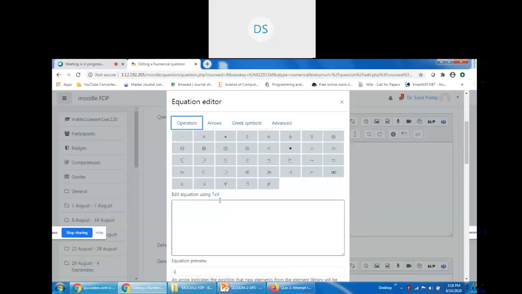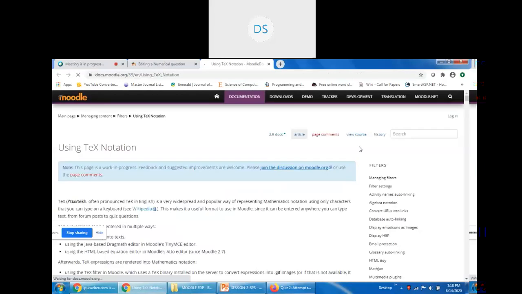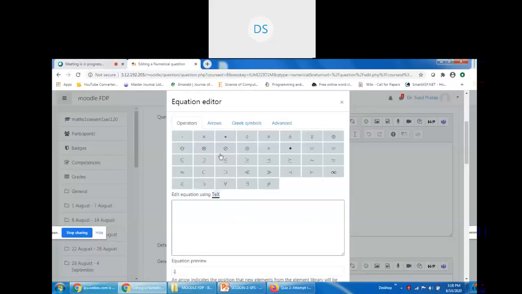And one more important feature of Moodle is that it supports TeX LaTeX. You may write your equations in text notation also. So it is easy to prepare a question bank for mathematical questions. Okay.